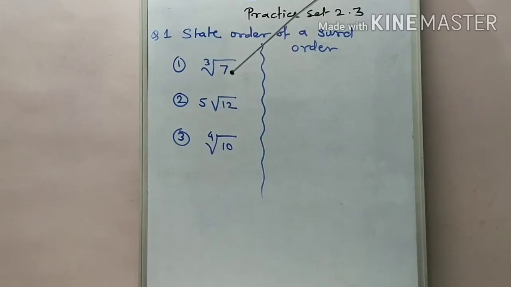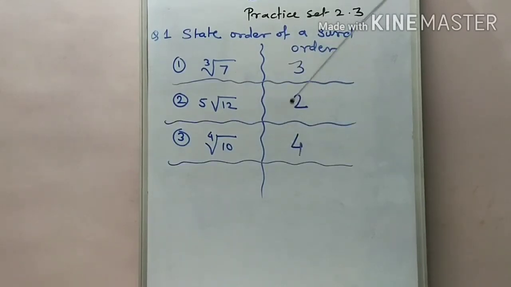3. Yes. Here that 5 is outside the root term, which means 5 is a rational number multiplied with the irrational root 12, and hence here the order of the surd is what? Yes, it's 2. If there is no number here, we read it as square root, and square means we consider it as 2. And here we observe that the order of this surd is what? 4. So like this you have to mention the order of the given surds.